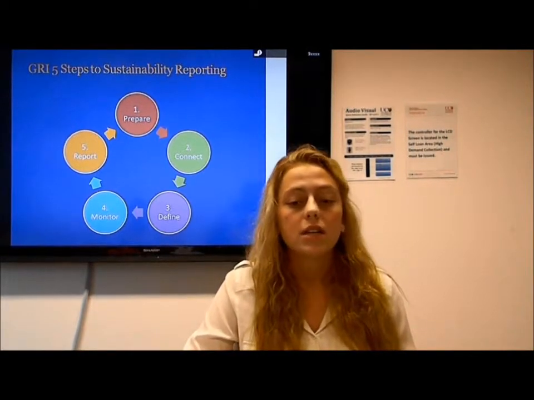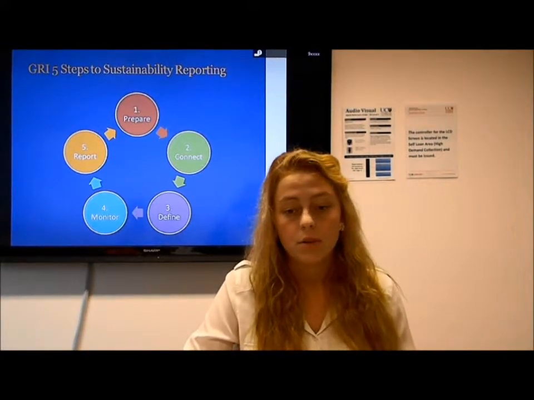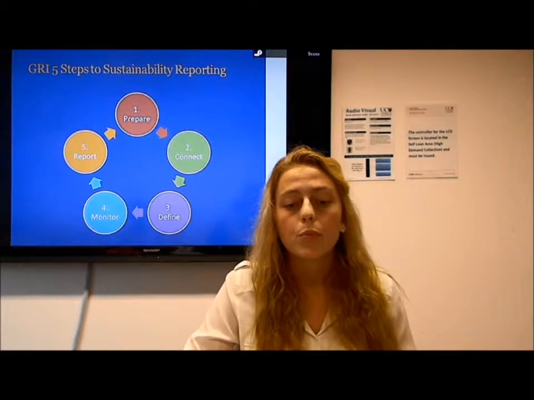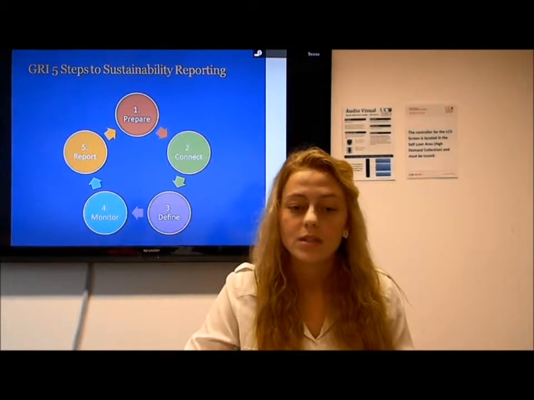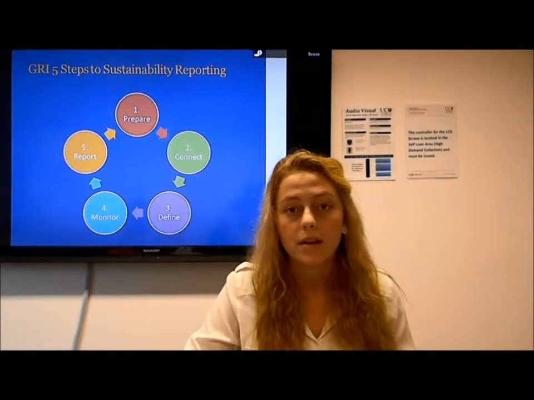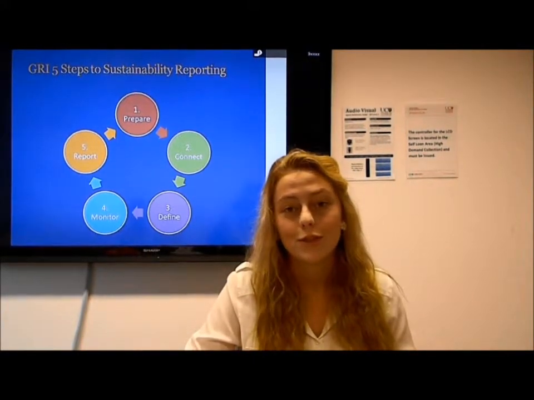Sustainability reporting is a key tool to set goals, to measure progress and manage sustainability within an organization. Reporting on the organization's sustainability performance will give internal and external stakeholders a clear idea of the impact the company is making. This will improve the organization's efficiency and move it forward to a sustainable future.